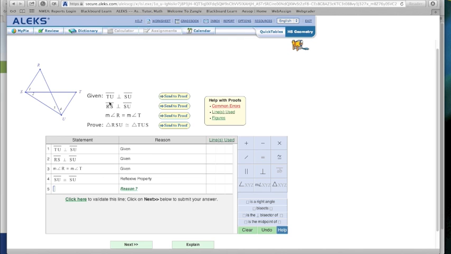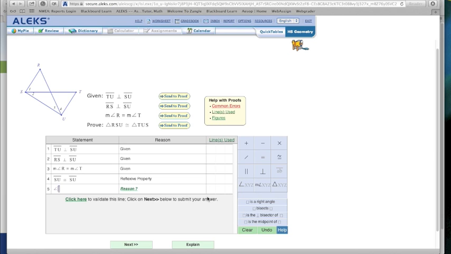Now, this other given information, we know TU and SU are perpendicular. And we also know that RS and SU are perpendicular. And perpendicular lines get us right angles. So I'm going to go ahead and make the statement that angle S and angle U are both right angles. So angle S, in its three-letter designation, is RSU. So I'm going to go ahead and say angle